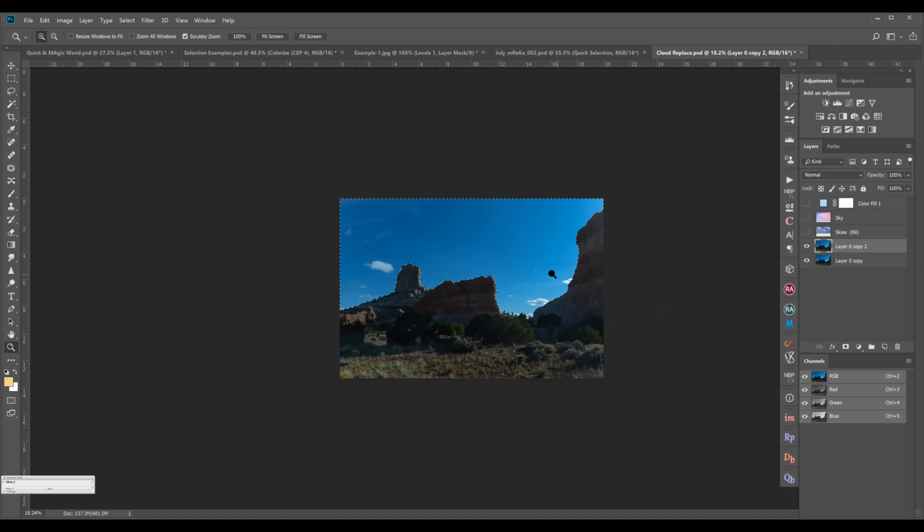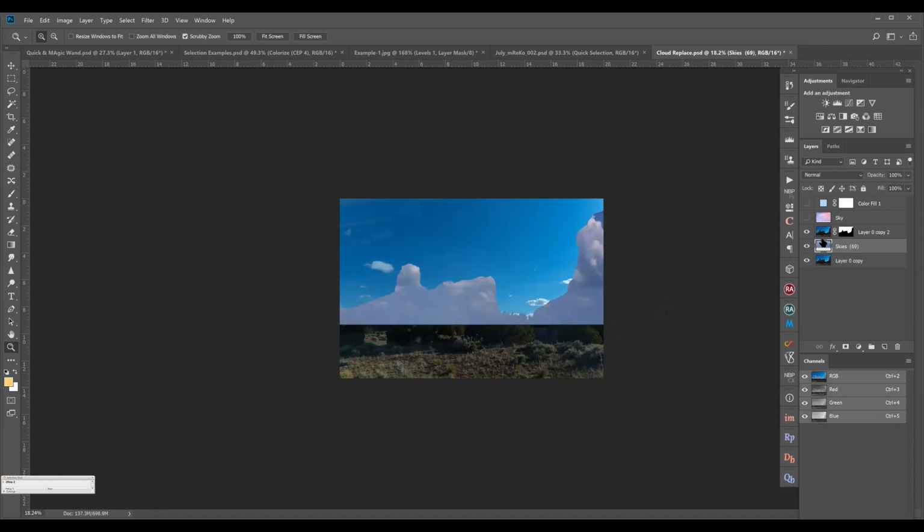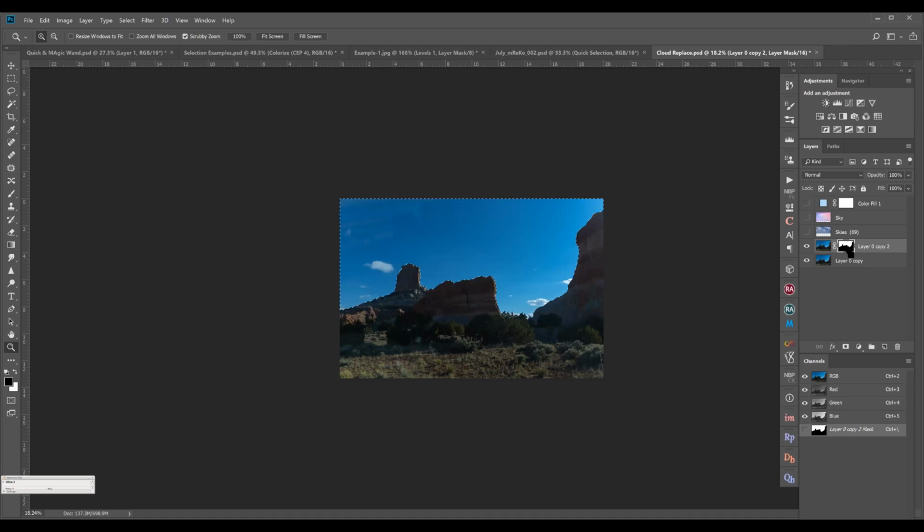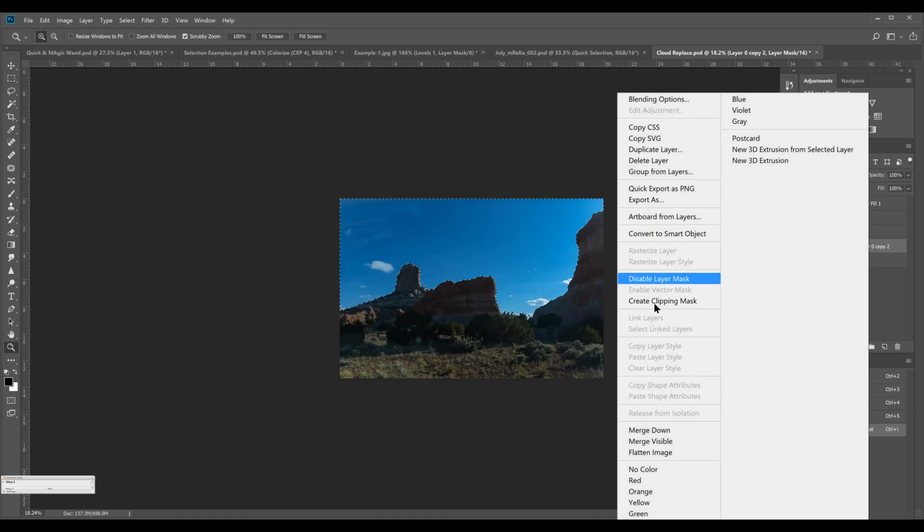In case I have to darken the sky, I can just add an adjustment layer. If I have to replace the sky, I will just click mask over here. And then I will just drop my sky. I will just delete this layer mask.